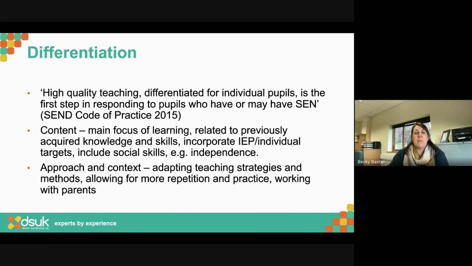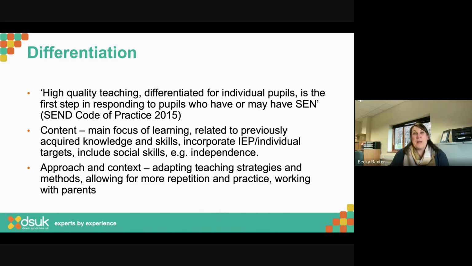And also just about the approach and context, so adapting teaching strategies and methods, so using that particular method and we're making sure we get that repetition and practice. I just popped on there about working with parents. Got half term coming up. I think everybody maybe needs a week off, but